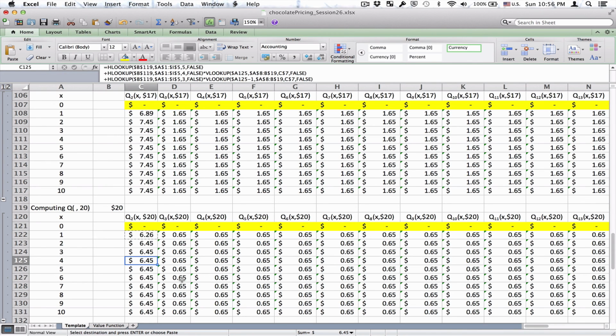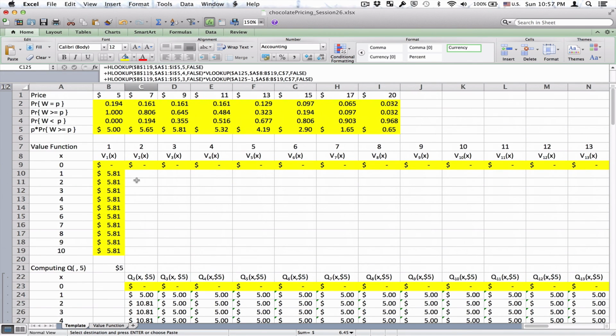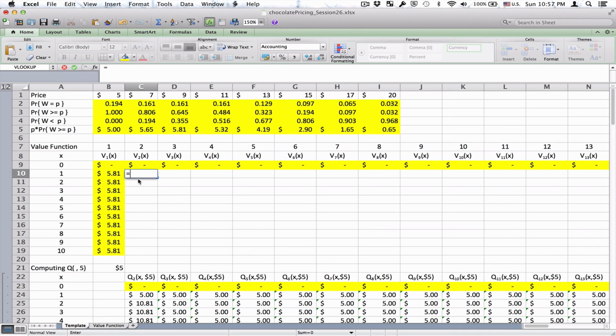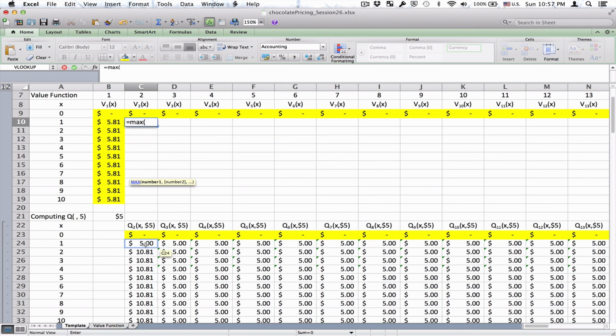So we've now copied all of the formulas there. Now all we have to do is compute the value function. And as noted in the lecture, the value function is simply the maximum of the corresponding Q values. So V2 of X, the maximum expected reward that we can get with 2 customers remaining and 1 chocolate box to go, X equal 1, is simply the maximum of the corresponding Q values for different decisions. So Q2 for X equal 1 at $5,